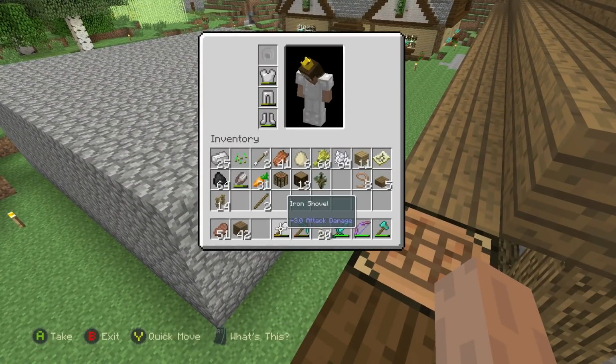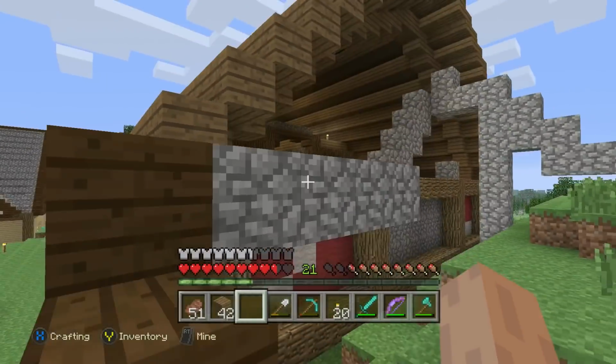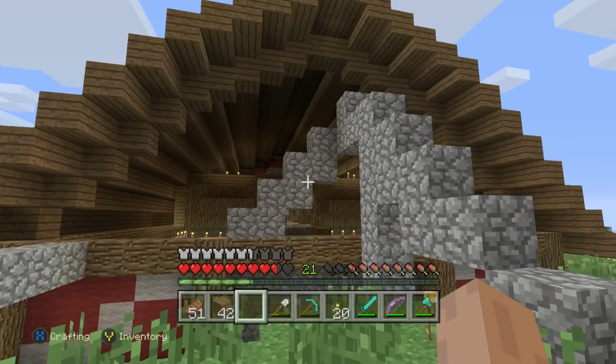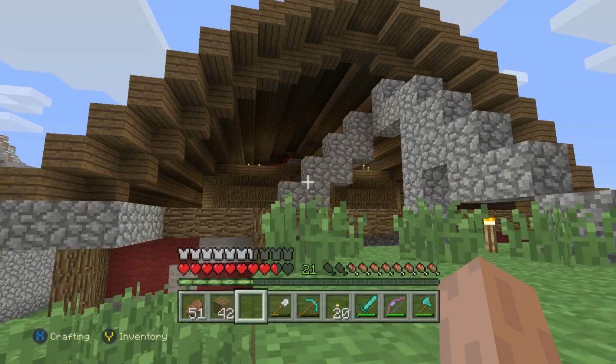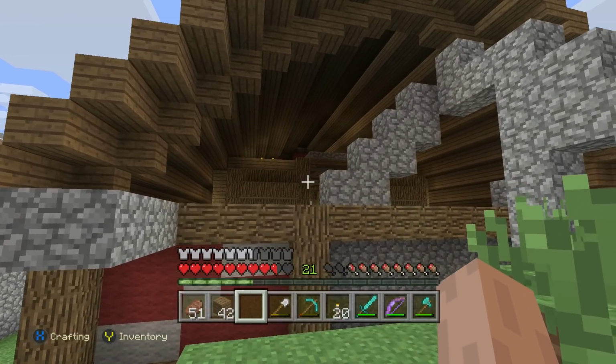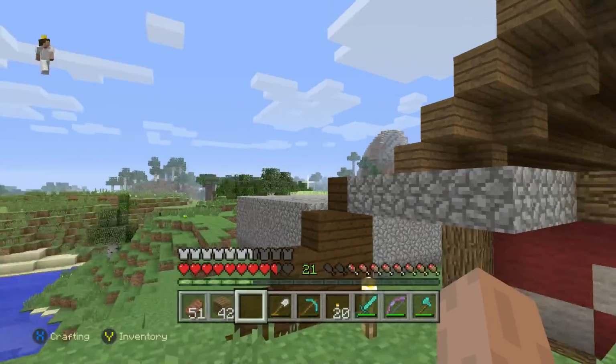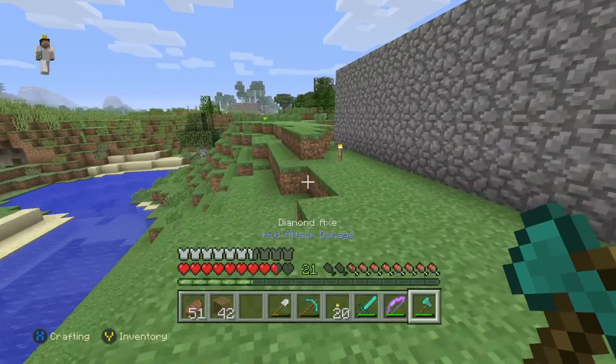So, with that said, we now need ourselves, I would say, maybe a full stack, maybe a little bit more of red. I don't think we're going to need more, but we're going to need close to that. But we also need a bunch of oak trees. That is very important. We're going to need a bunch of oak. So I would say, let's go chop down some oak really quick